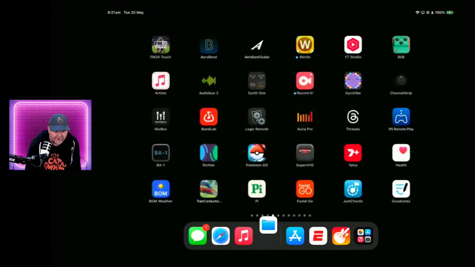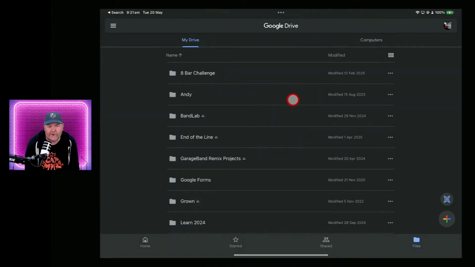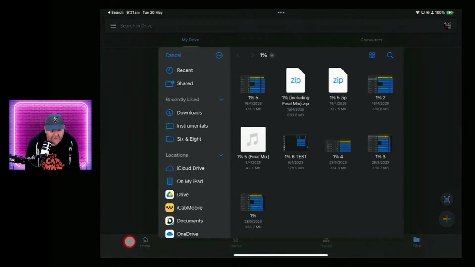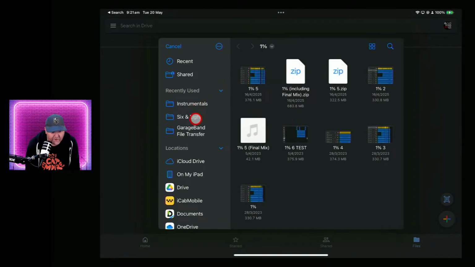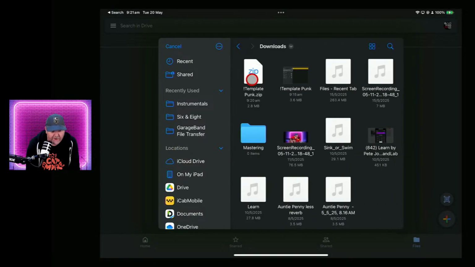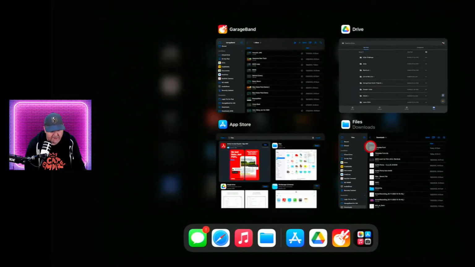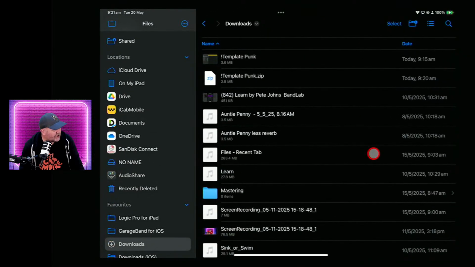So we know it's in downloads, so all I would do here is open up the Google Drive app or the Dropbox app or the OneDrive app or whatever app you're using, hit the big plus button, go to upload file, and then browse for it. And it should be directly where we saved it. It won't be in the recent, will it? No, it does not save zip files in the recent. But if we go to iCloud Drive and Downloads, there it is. So I can just tap on that one, upload that directly to my Google Drive, and then set that folder to be shared to folks. Easy as pie.